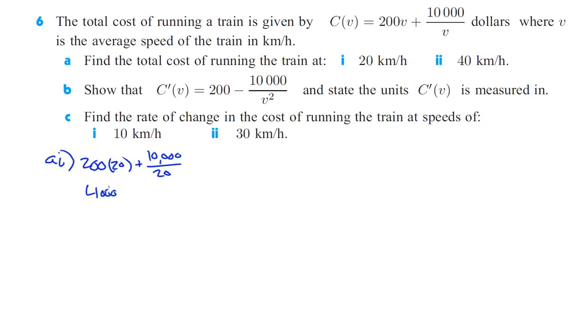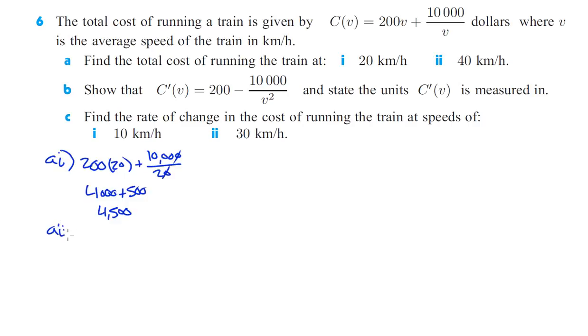There we go. So that's 200 times 20 gives us 4,000, and then 10,000 divided by 20, or 1,000 divided by 2, is 500 more. So that's going to give us 4,500 for A part I, and then